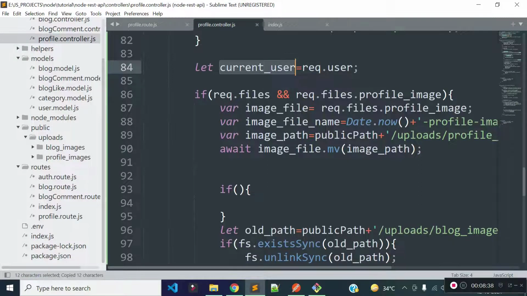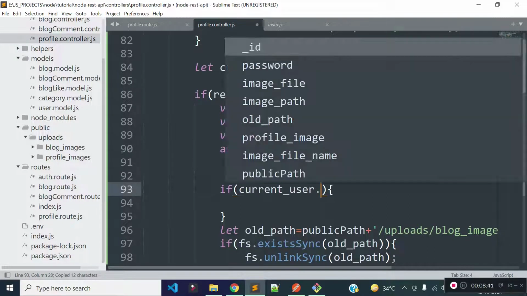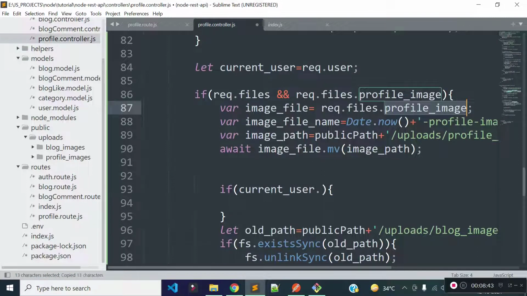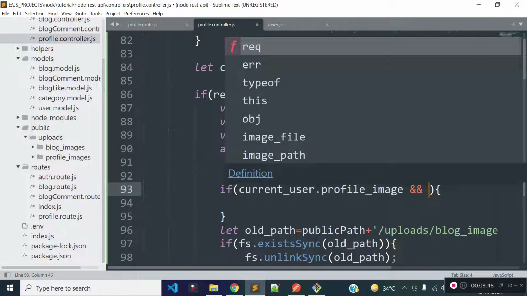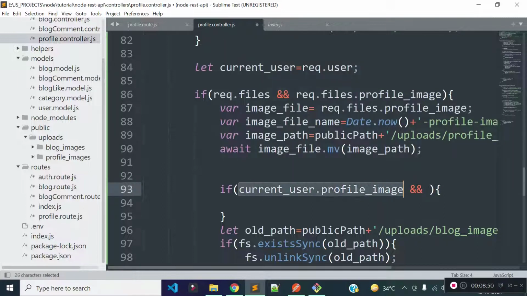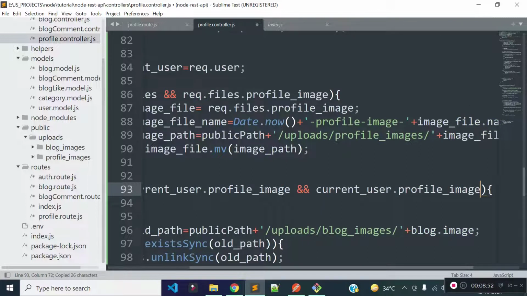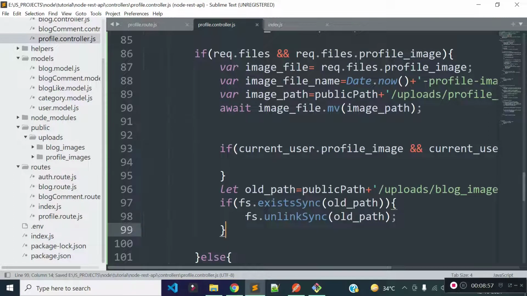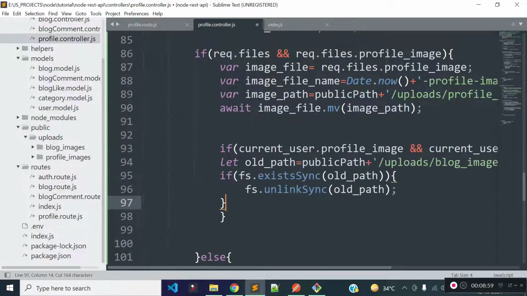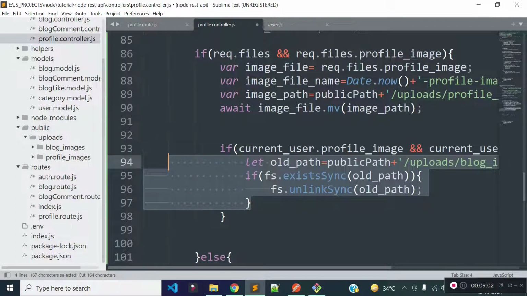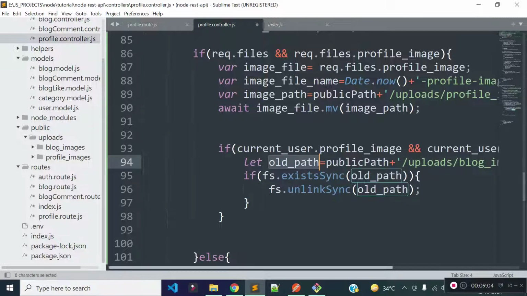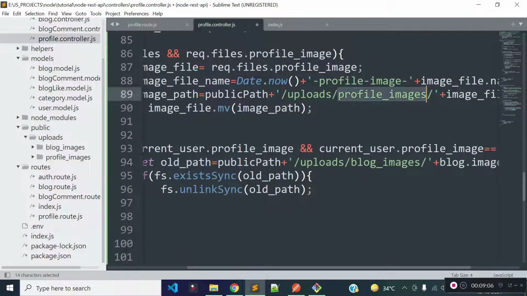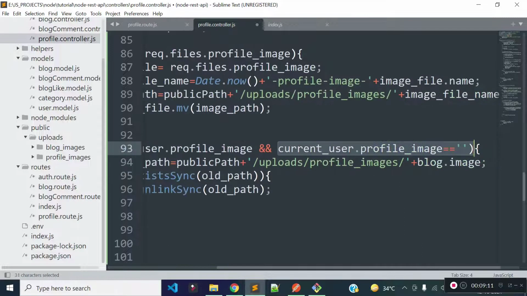And then I will check if current user dot profile image, right, and this profile image is not blank, that means user has previously uploaded profile image. Then what I will do, I'll store the old path to a new variable old underscore path, and this will be our public path slash upload slash profile underscore images, and then this will be our profile image.